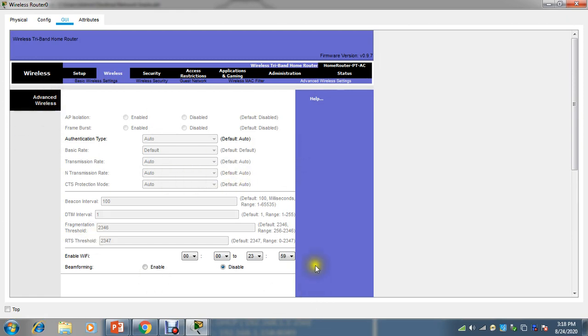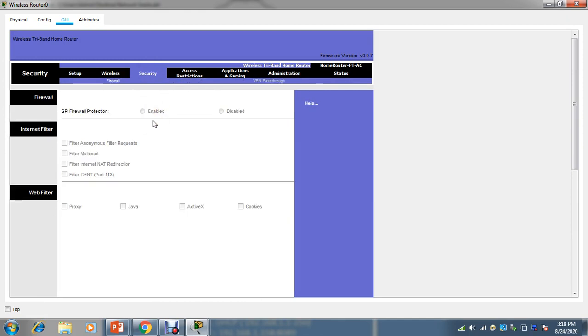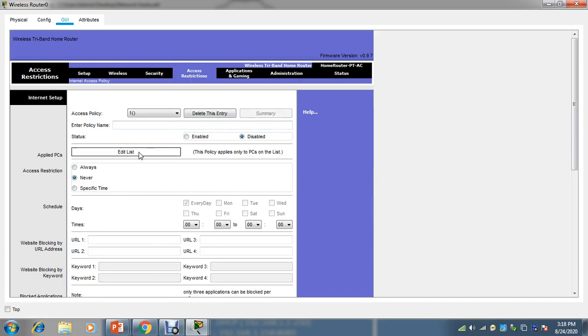And apart from this, you can go to security and enable a couple of security options. This is a demo version, so I'm not able to do much here, but you will get the option when you have device access restriction. You can enable it and create a couple of lists. You can create policies, like I'm giving the name p1, then click enable and edit.